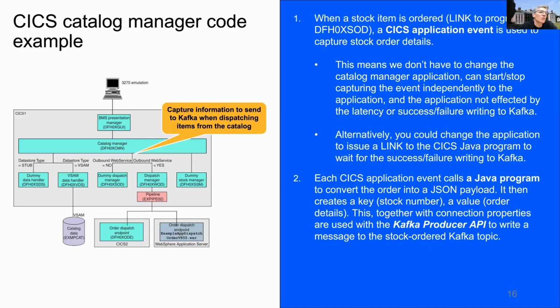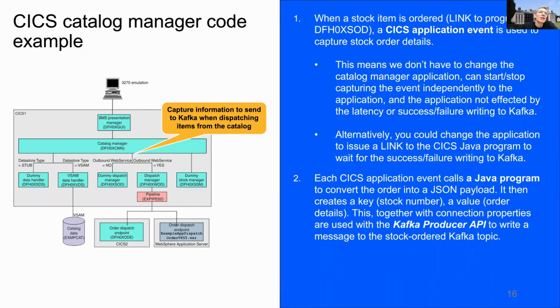If you're familiar with the CICS catalog program, it's got a BMS front end, a 3270 interface, if you like. It's got a catalog manager program, which acts as a central hub for handling requests. And then when dispatching an item, it would call a CICS program, in this case